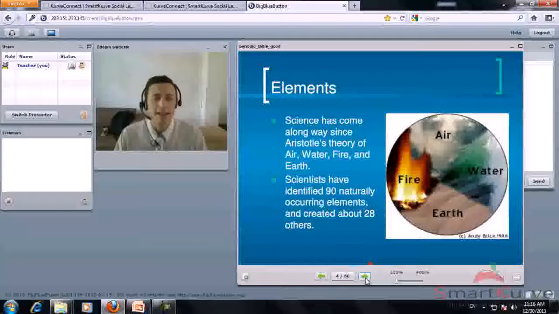So where did this idea come from? Why did we first develop this idea that the world was made up of elements? As far as I know, this first comes from a guy named Aristotle. Aristotle believed that the world could be broken down into simpler things. You see, his theory was that the world could be broken down into air, water, fire, and earth.